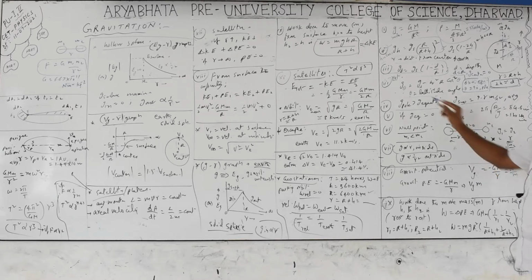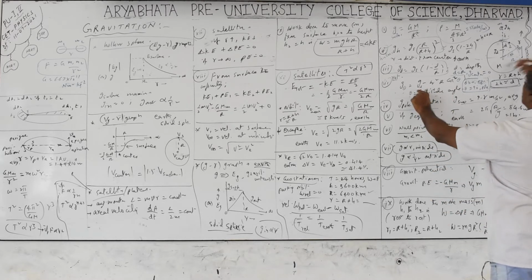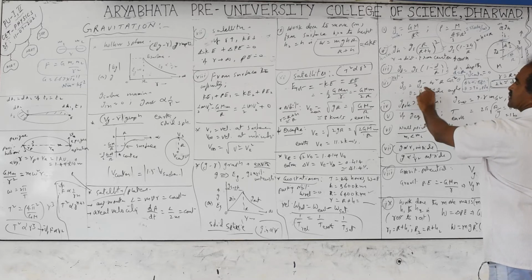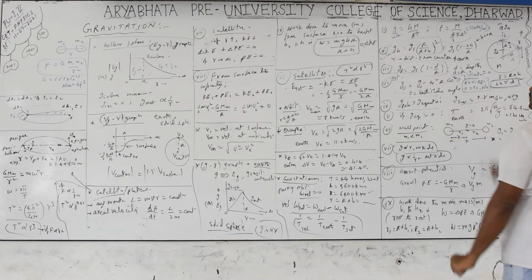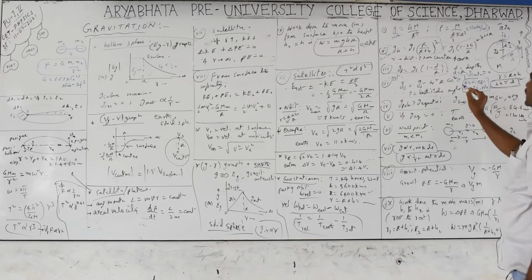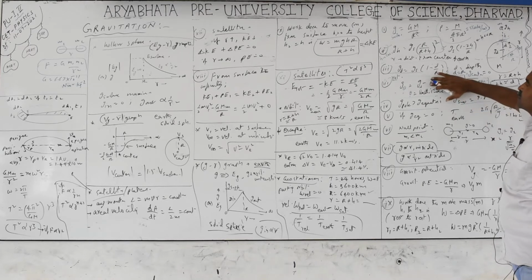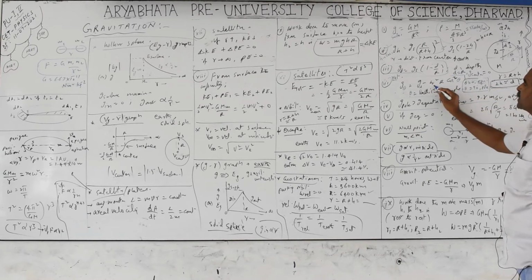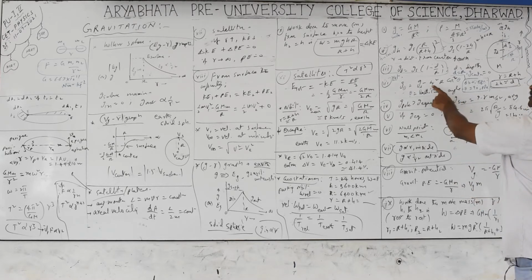The resultant acceleration due to gravity that you can find, g theta at a given latitude angle, is g_s, this is on the surface, minus omega square R into cos square theta. This theta can be lambda, phi, or any symbol you can take. At the poles, if you take it, cos 90 becomes equal to 0. When theta is 0, g theta equals g_s. This omega is related to the rotation speed. Whenever the rotation speed changes for any reason, when the omega changes, this g theta is also affected.